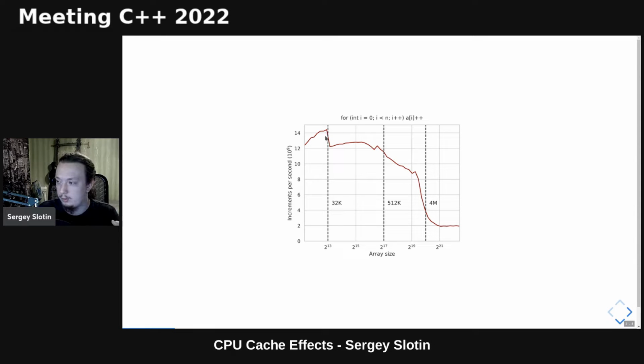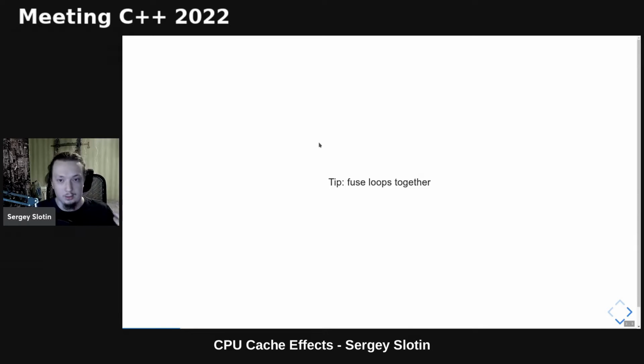But then the performance drops, first to about 12 to 13 billion operations per second when the array size exceeds the size of the L1 cache, and then gradually to about 2 billion operations per second when it can no longer fit into the L3 cache and has to be read from the random access memory, which is an order of magnitude slower. And this situation is typical for many lightweight loops. So the broad lesson here is that when the data set is large, what you really want to optimize is not the number of arithmetic operations, but rather the amount of data read from the main memory.